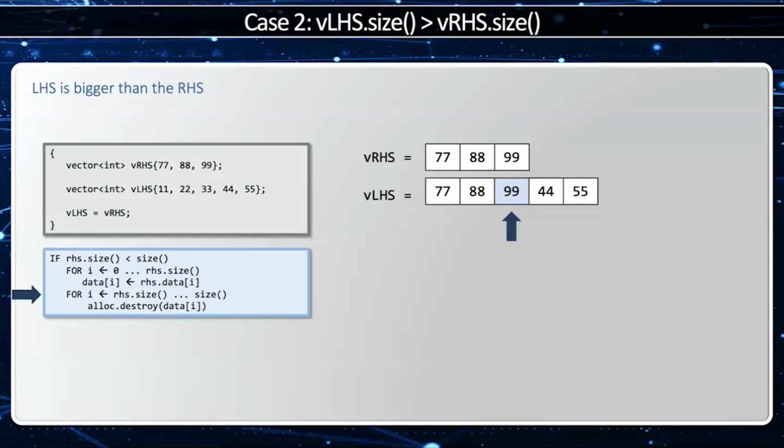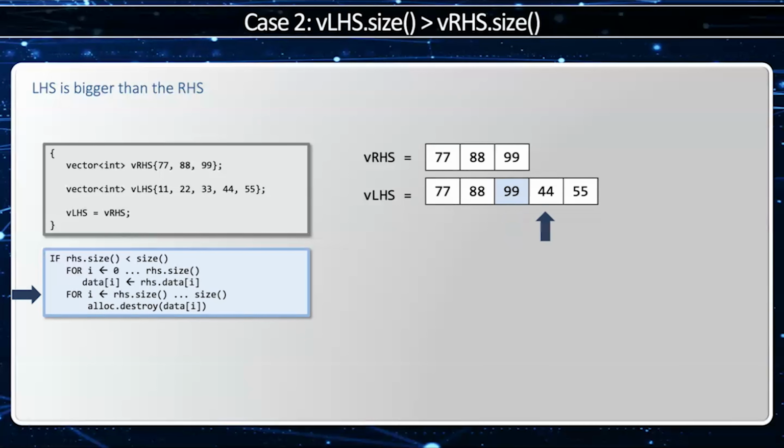Now, the easiest thing to do is simply change the num capacity member variable of the vector so that I forget about the last 2 elements. But we want to do something different here. We actually want to call the destructor on those last 2 elements, so they're destroyed. Now, in C++, we can use new, which both reserves the memory and calls the constructor, and then we can use delete, which both deletes the memory and calls the destructor. Now, if we use a custom allocator, we can separate those actions. What I want to do here is call the destructor on 44 and 55 without actually freeing the memory. So when I call destroy here,